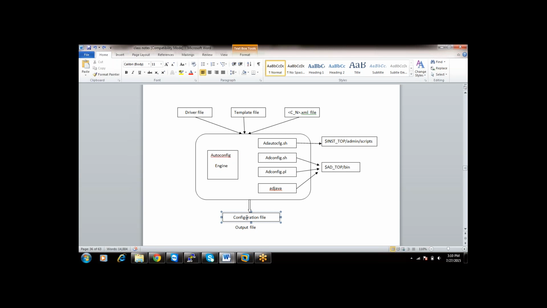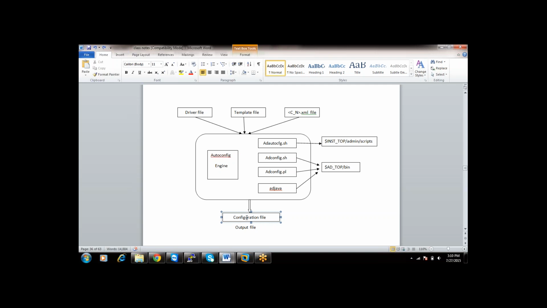So we should never change the init parameters or the configuration file. Always you should use AutoConfig. Is that correct, Santosh? Yes, you should never change the configuration file directly, but there are some cases where we change the configuration file directly. I will tell you that when it comes in the concept.